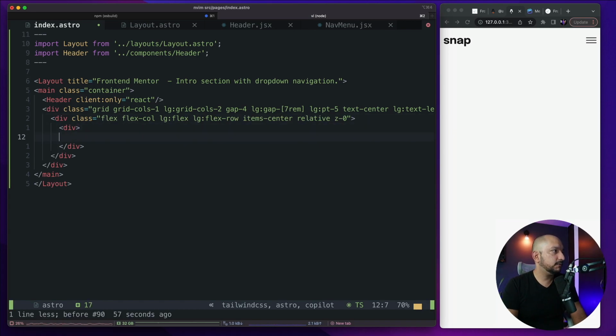And inside this div we want to have some h1 tag. Text should be almost black, and we want to make it 4XL, so it's a little bigger. Let's autocomplete this,